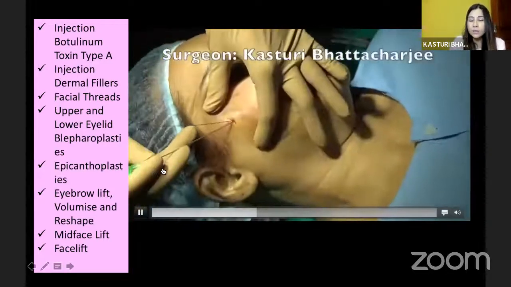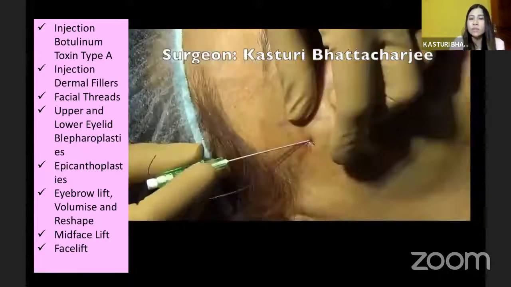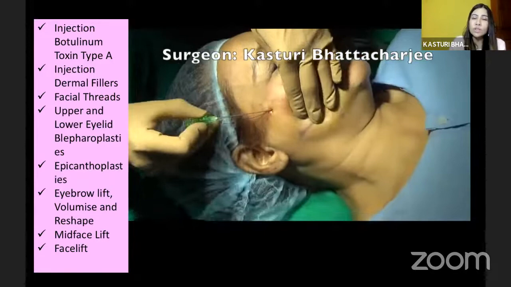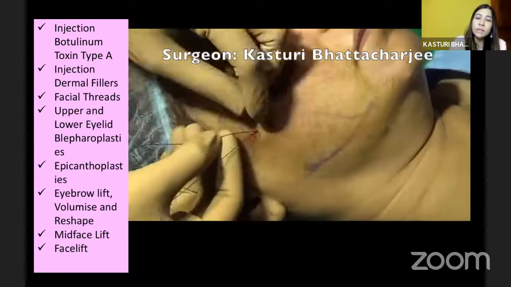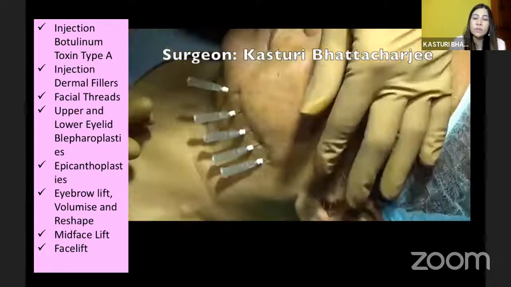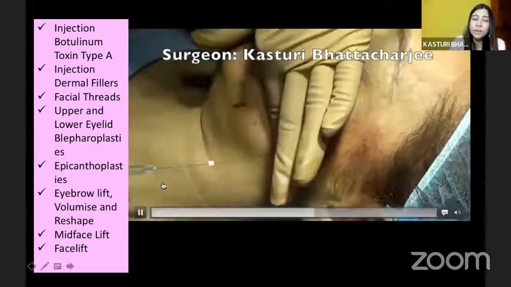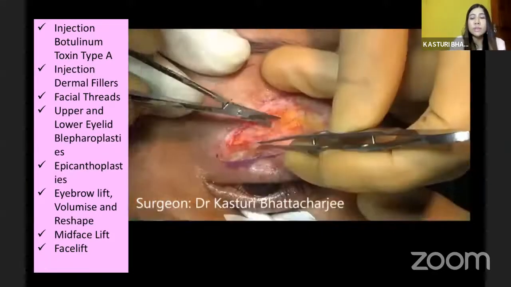And Dr. Deepa has already shown, nowadays most of us use extensively the facial thread, and I really love using it. This is a cog thread that you can see, which is basically used for the facelift, and also you can use the other types of thread, especially the twin thread or the mono thread, which are also used extensively. So you can have a problem in any stage of doing any surgical